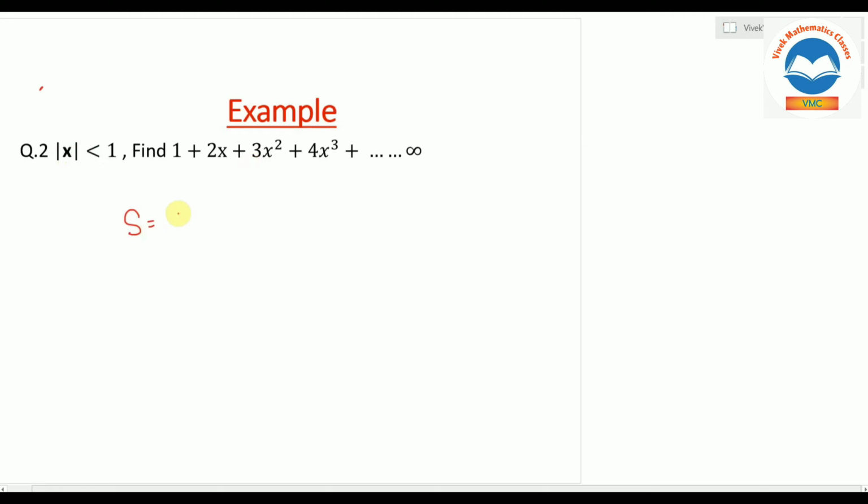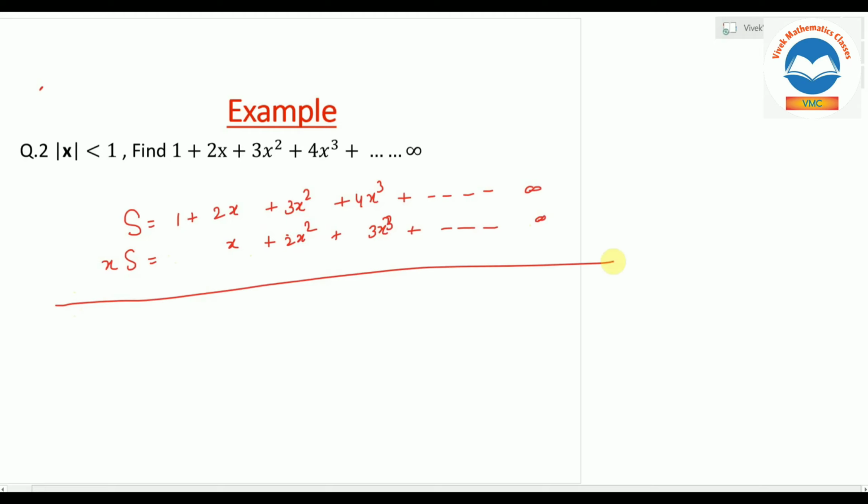So what will be your S value? S will be 1 plus 2x plus 3x square plus 4x cube and so on till infinity. So what is the common ratio of the GP? x. So you have to multiply by x, x into S. So what you will get here? x plus 2x square plus 3x cube and so on it will come. If you subtract,